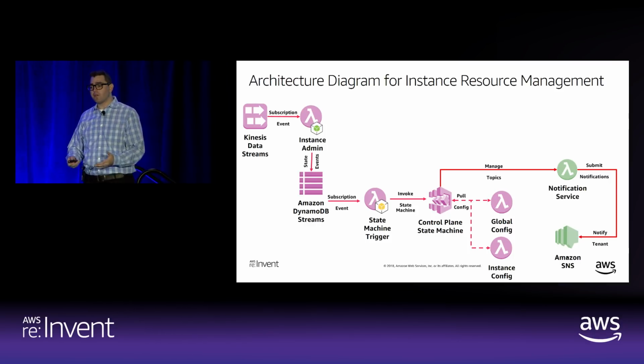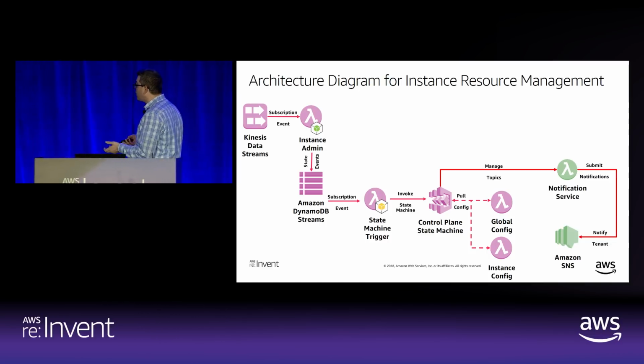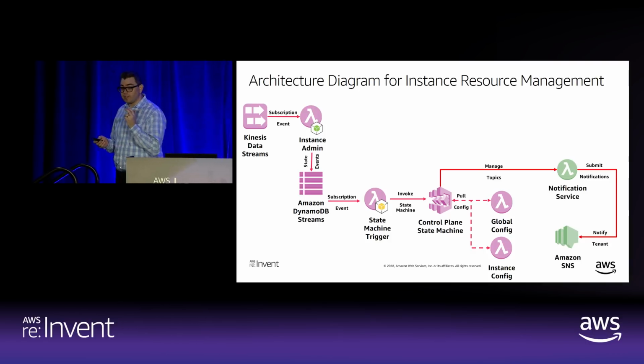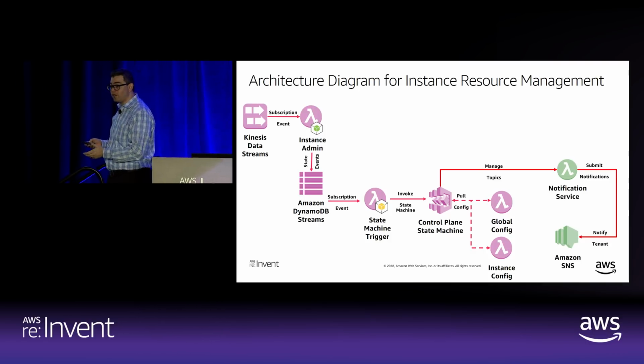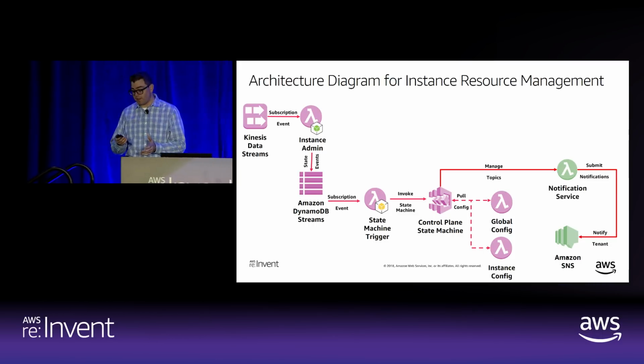Now, you also need some other way to manage notifications. Some workloads that you may be familiar with may email the user, hey, it's done. The great thing about SNS is that it allows you to do text messaging, it allows you to do HTTP endpoints, and it allows you to do a number of different approaches to notify the user.